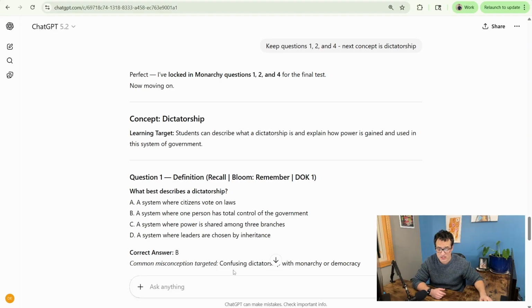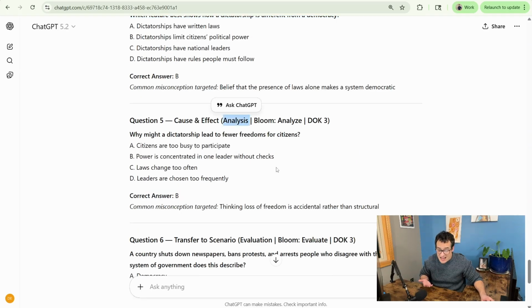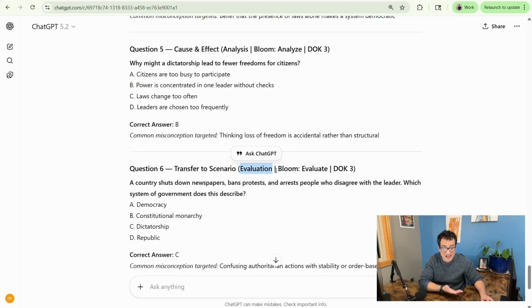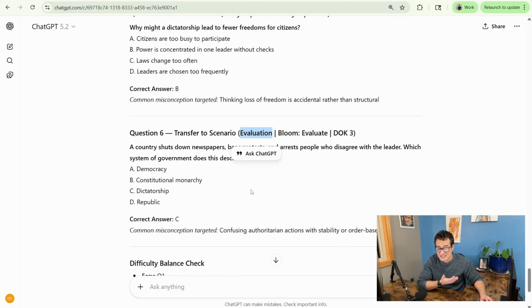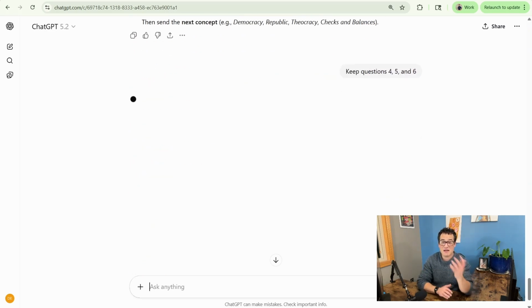Taking a look at this first question, which is recall or DOK 1, it says, what best describes a dictatorship? An analysis question, why might a dictatorship lead to fewer freedoms for citizens? And then finally an evaluation question where it asks, a country shuts down newspapers, bans protests, and arrests people who disagree with a leader. Which system of government does this describe? At the bottom, I'm going to say keep questions 4, 5, and 6, and then I'm going to send that